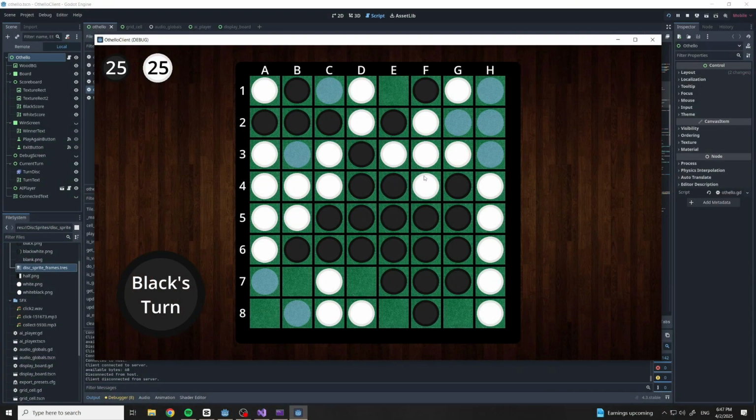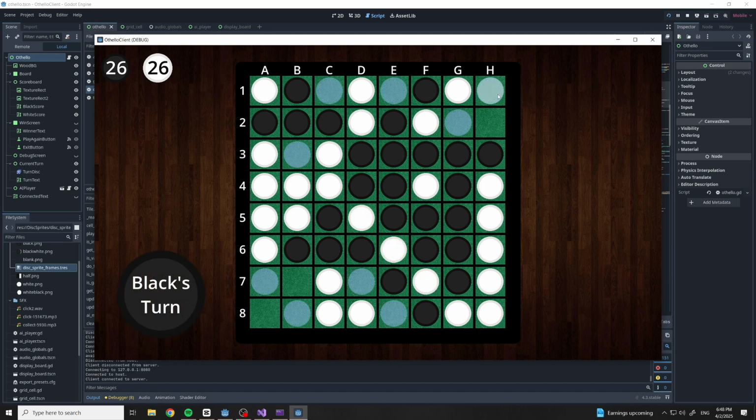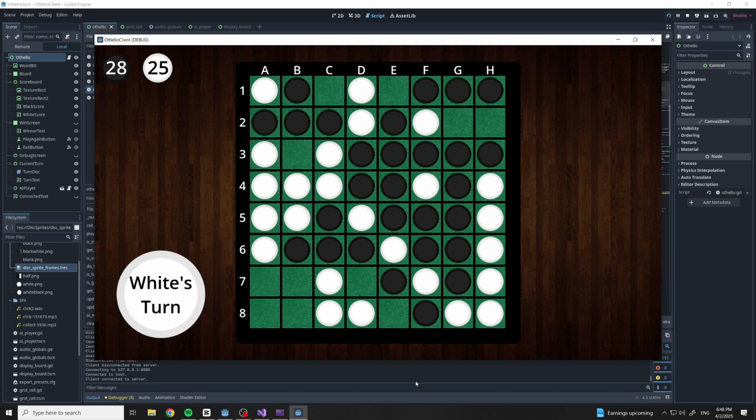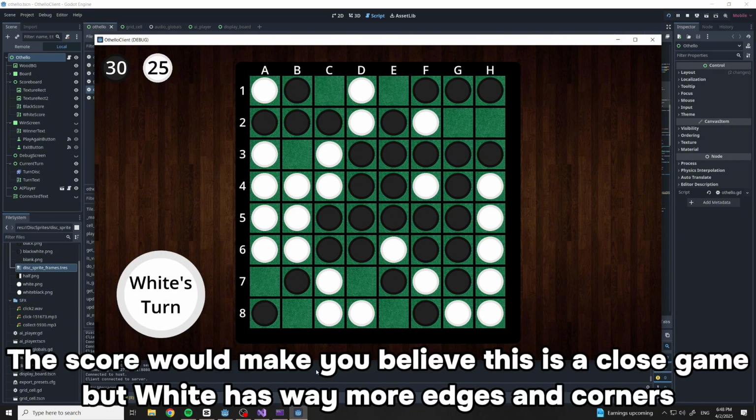Not all cells are created equal. Some are better than others. The most valuable spaces are on the edges, and most importantly, the corners. These spaces are much more difficult to take, and they allow control of the whole board, since you can sandwich pieces in the middle with pieces on the edges. Corners in particular can't be captured at all once they're taken for the first time, which makes them the best